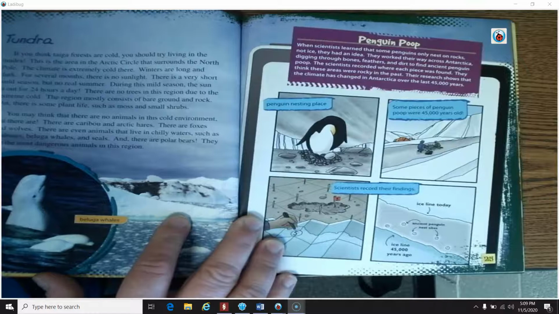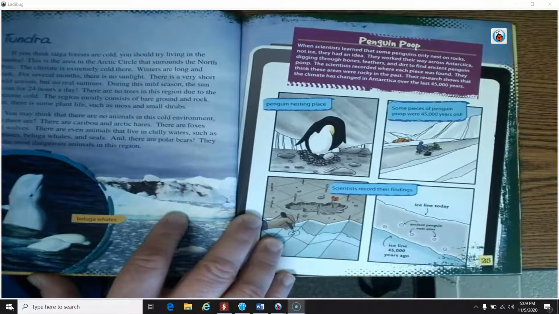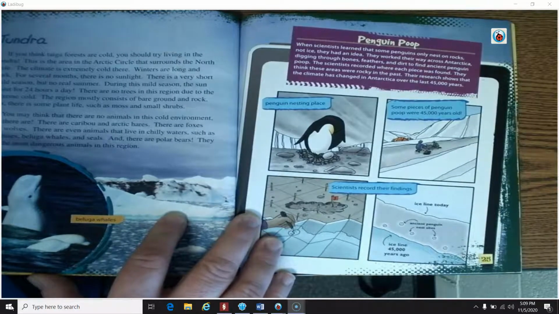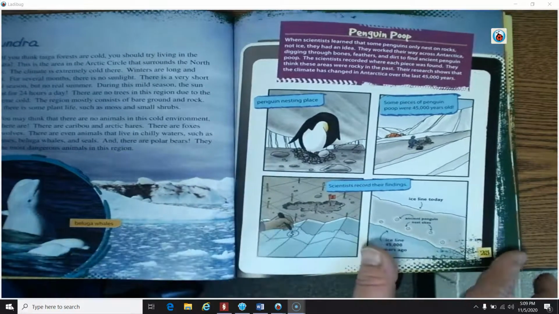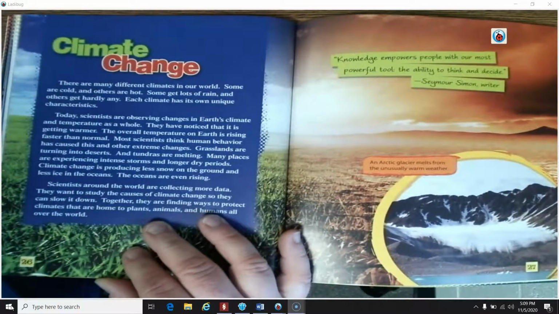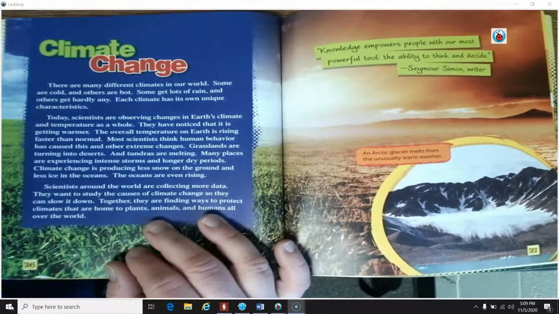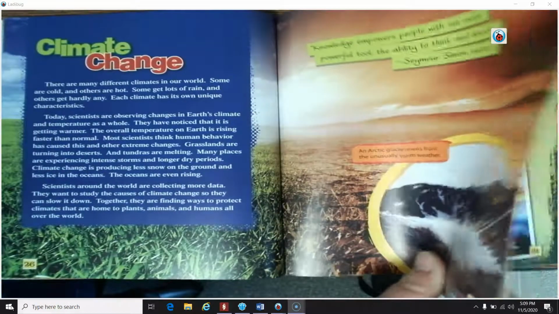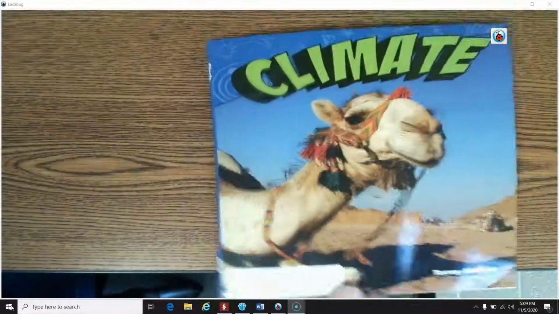The scientists recorded where each piece was found. They think these areas were rocky in the past. Their research shows that the climate has changed in Antarctica over the last 45,000 years. Can you imagine growing up and being a scientist and studying poop? How interesting is that? All right, climate change is another thing that happens and that humans have a role in, and we're going to talk a little bit more about that later. But I just wanted to kind of give you an introduction to climate here with this book. Again, it is in your